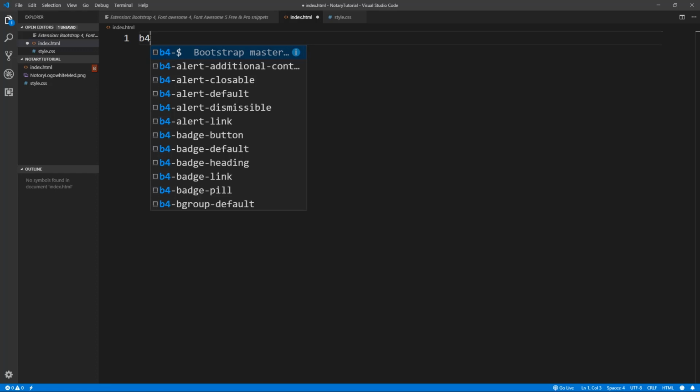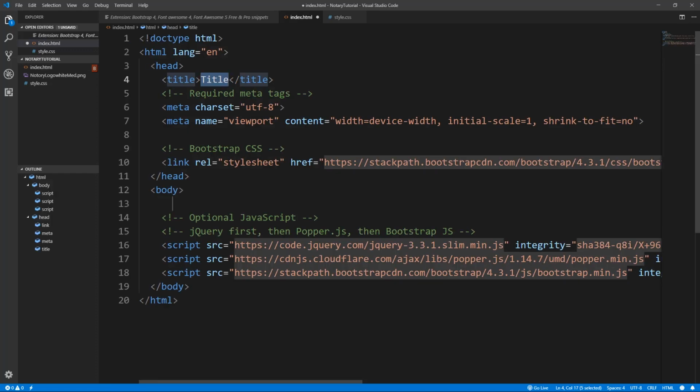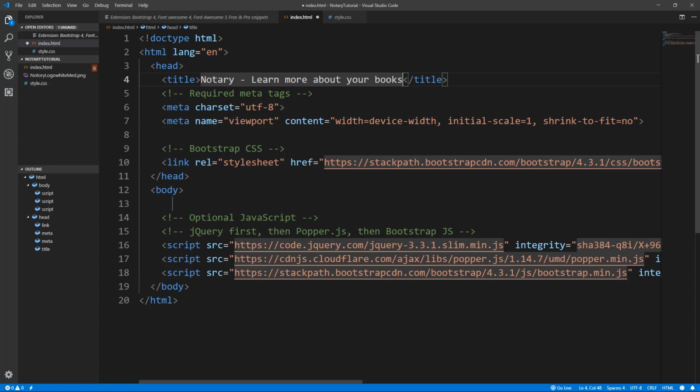So I can type in B4, and this will give me the master template, and it just creates for me a Bootstrap boilerplate HTML page. And I can go ahead and look at, I'm going to call this Notary. Learn more about your books, and give it a title. And you can see here, I'm going to go over this real quick here, that what this did also was